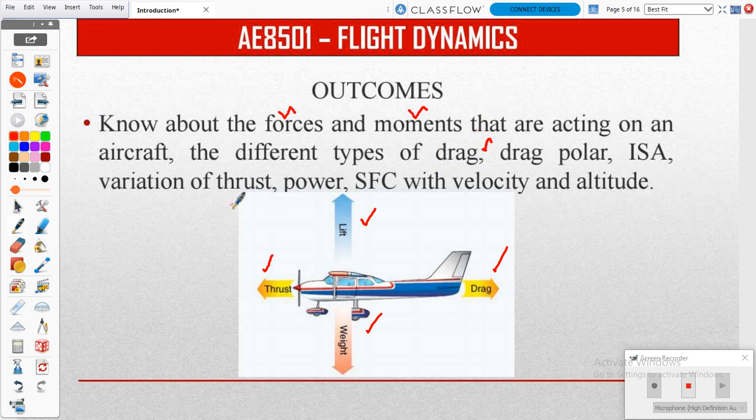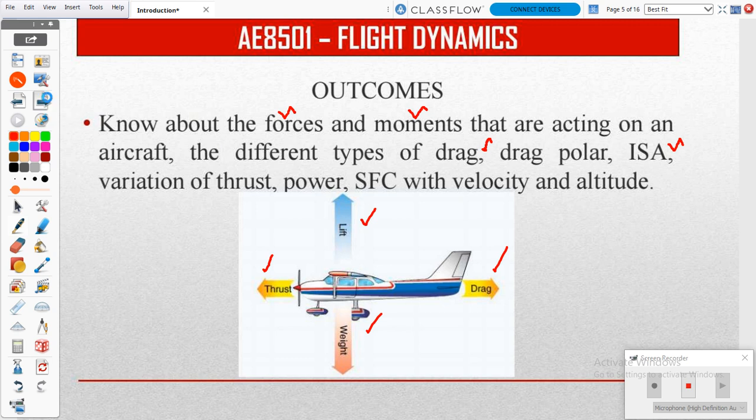And next one, you can list out the thrust performance and power, specific fuel consumption, velocity and altitude. So based on the weather condition, how it will vary, we can estimate from this subject. And next one, an important parameter will be ISA, that is International Standard Atmosphere. So based on the atmosphere, we need to